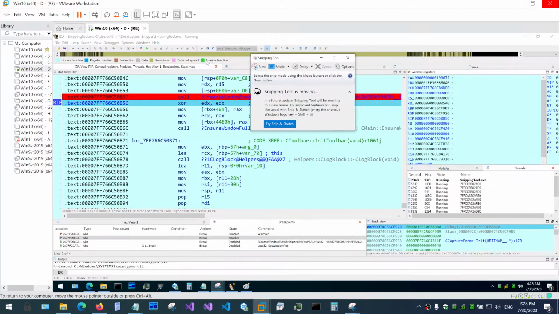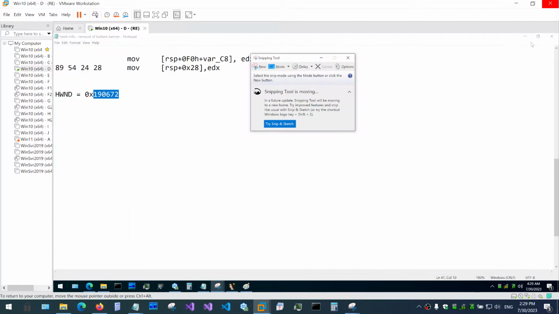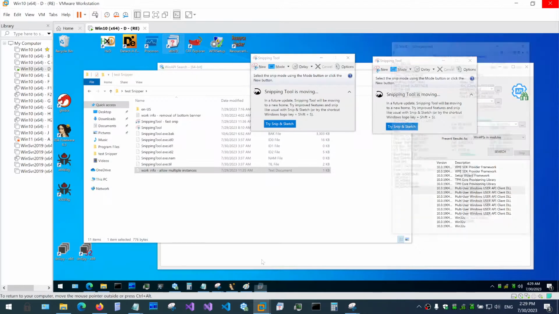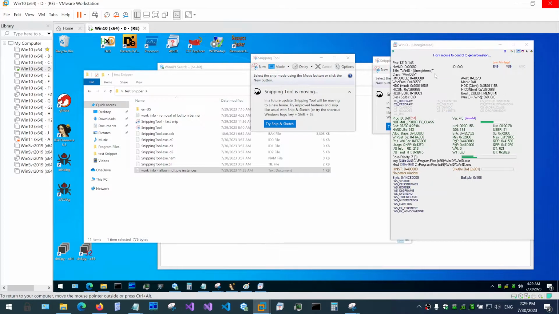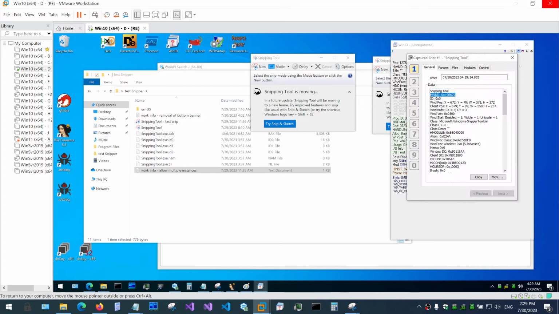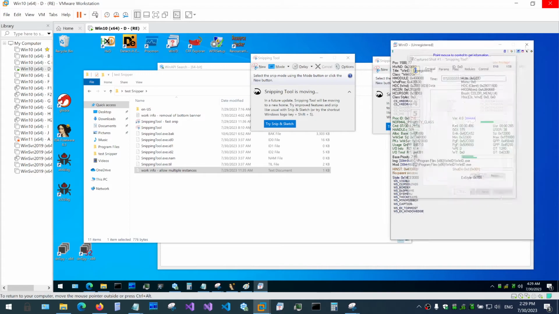So if I just run it and start, then run my WinID tool, just hit here. Okay, if I mouse over the window and hit Shift, go here and copy this window handle